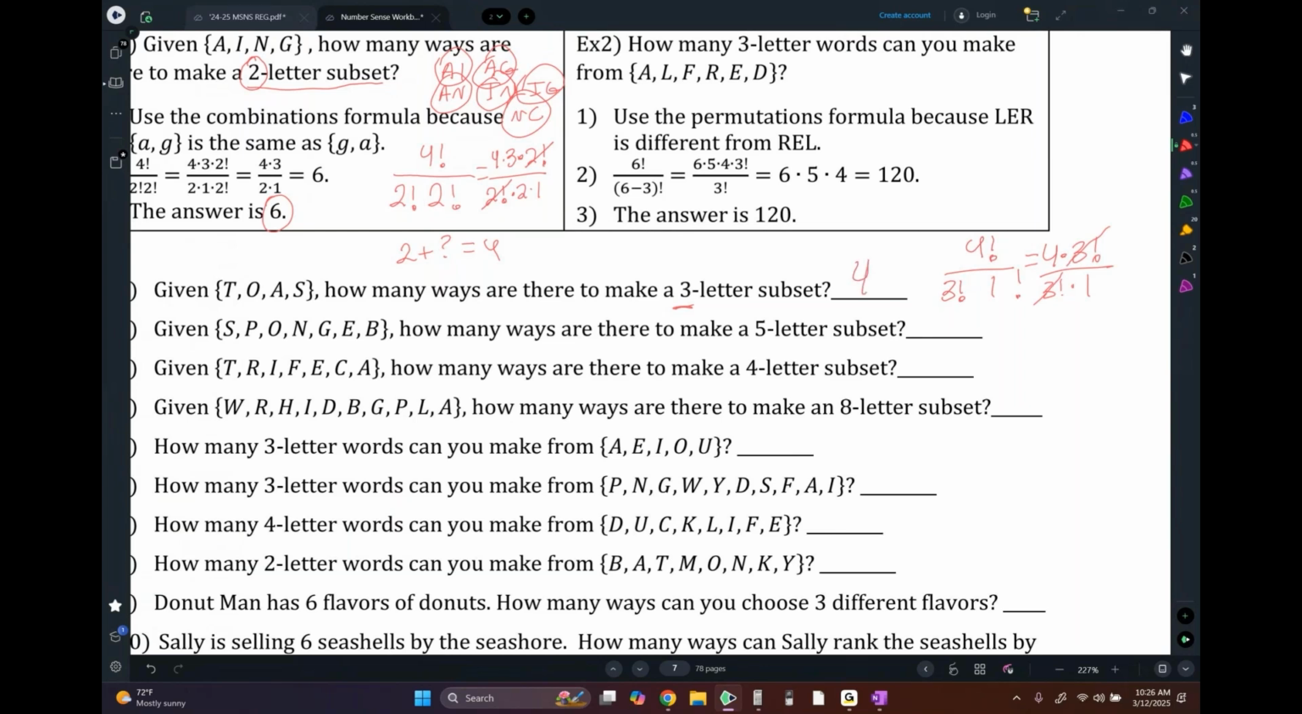It's of a letters, okay? So you do the number of letters factorial over whatever you're trying to make the list of factorial times whatever's left. So let me have somebody